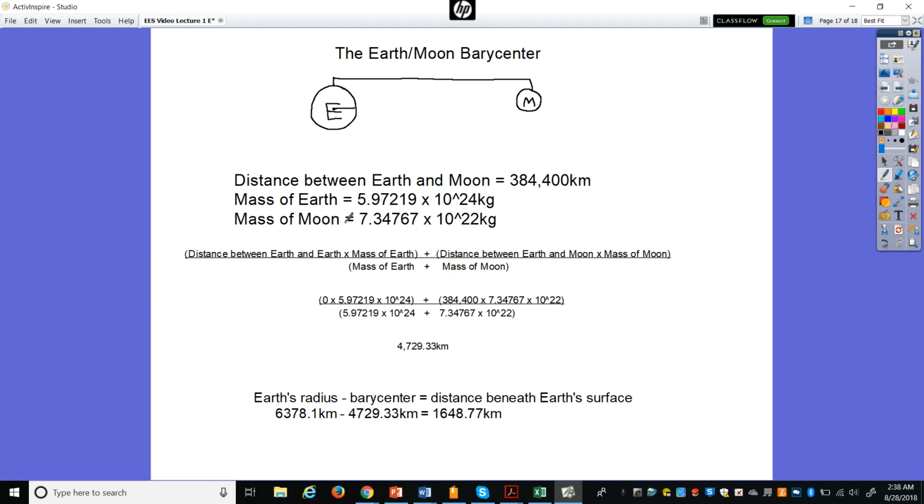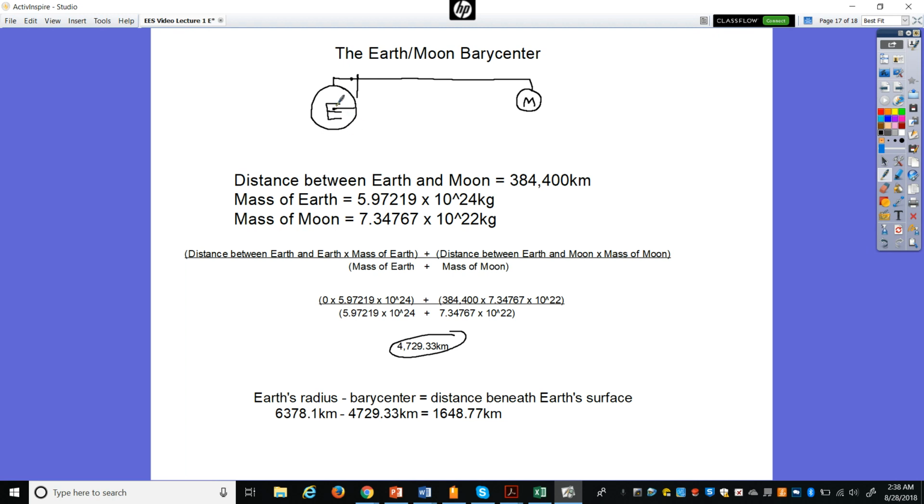Well, we've determined that our barycenter is only 4,722.33 kilometers out. So that's kind of confusing, right? There's a difference here. If this is our radius of Earth, our barycenter is somewhere back here, and actually it's 1,648.77 kilometers inside of the Earth.